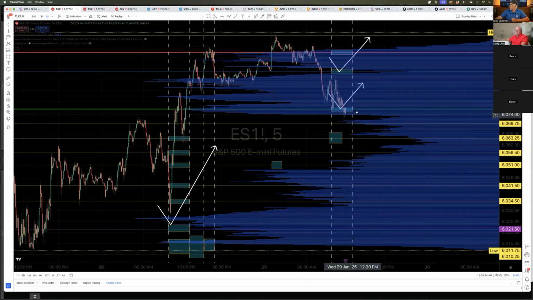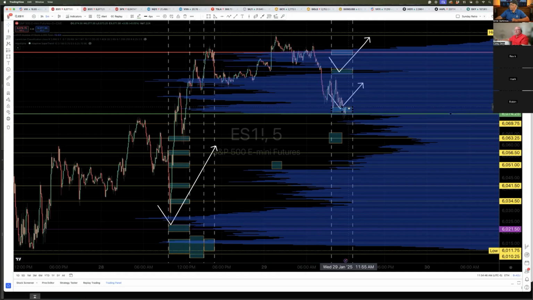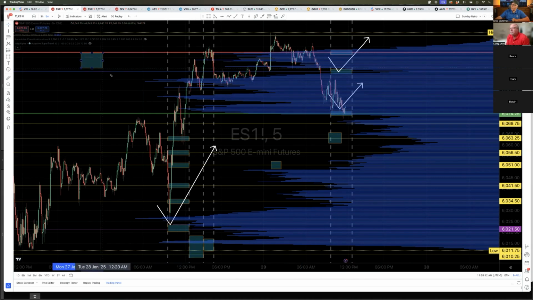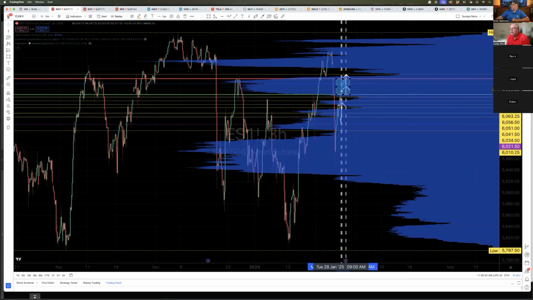So it looks like it's just hanging out at the bottom of this node. You can see the bottom of the node with this green line here. It appears to be where it is right there. And I think if it gets a little bit of a kick, it could easily move right up to the top of the node or somewhere in the middle. There's obviously a sort of an interruption in the middle of this node. When I say this node, I'll just draw a box to show you its top and bottom is right here. This is the node. And of course we can see it if we zoom out. There's that little box I just drew that was all the way across the screen. But here it is. Here's the node. That's what we're playing today, from the bottom of that node to the top of the node, it looks like.